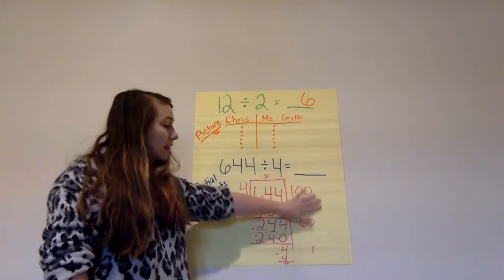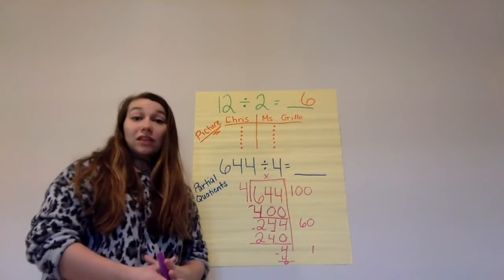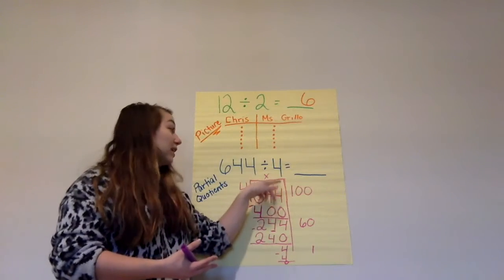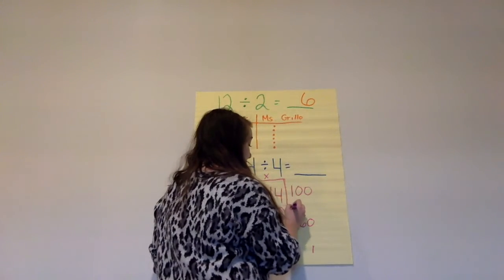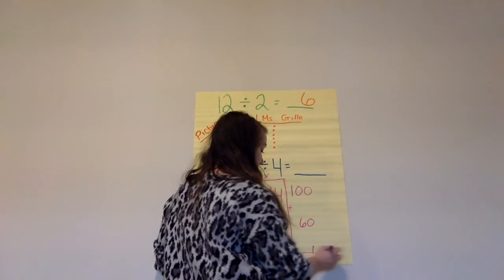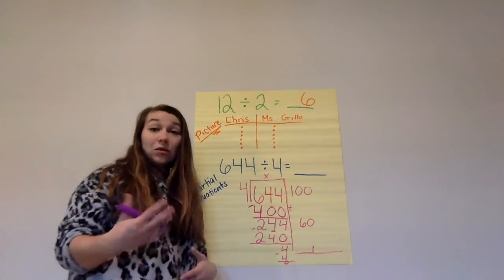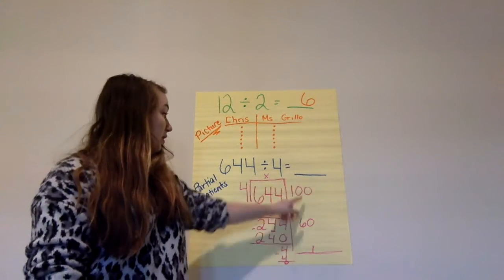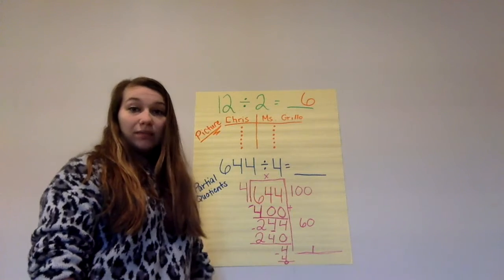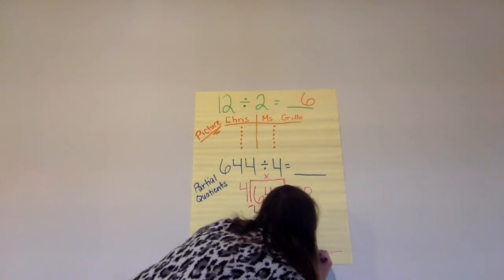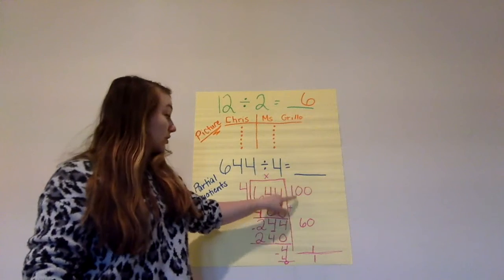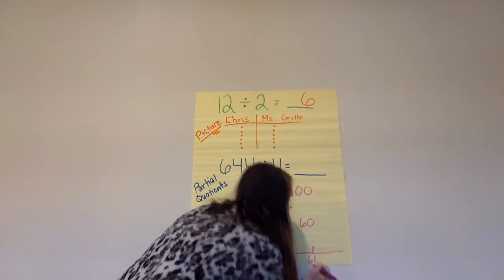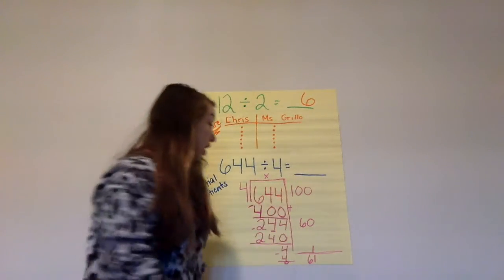But now we have these numbers on the side. So the way we are going to finish this problem, 644 divided by 4, is by adding these numbers on the side. So whenever we add, we start in our ones place or our lowest place value. So 0 ones plus 0 ones plus 1 one is 1. 0 tens plus 6 tens is 6 tens. And 100 plus 0 hundreds is